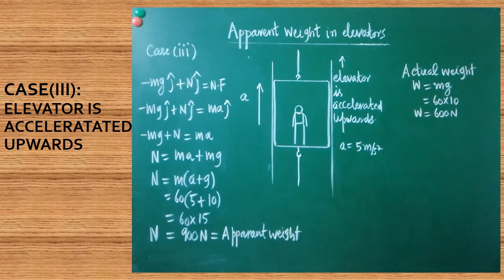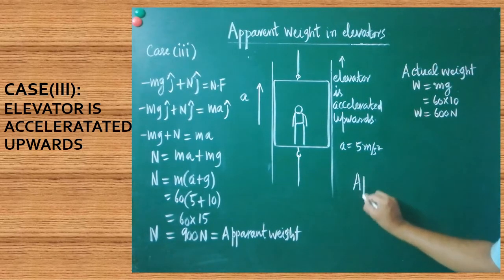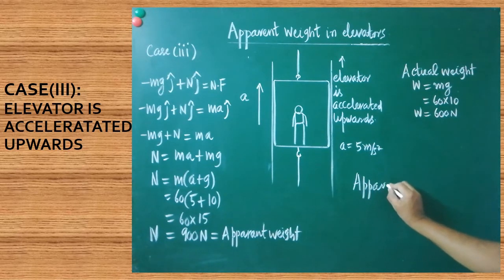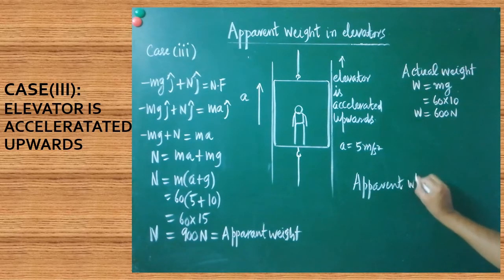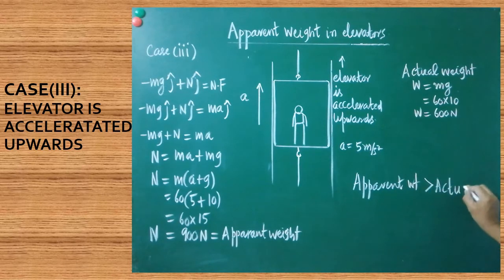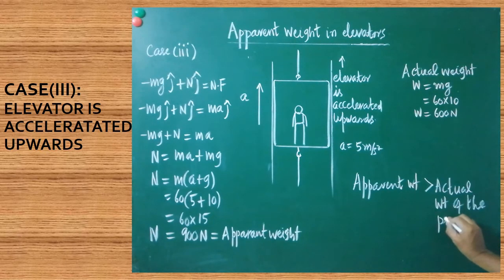Such a conclusion must also be written. We have to compare actual weight and apparent weight. So the final conclusion is that the apparent weight of the person is greater than the actual weight of the person. So the conclusion is, when the lift goes up, are you clear? When the lift goes up, if it is